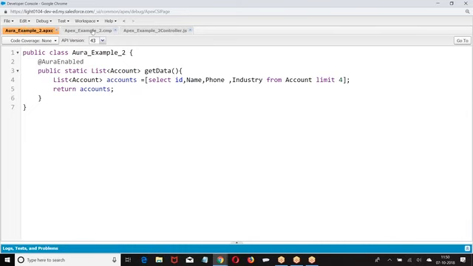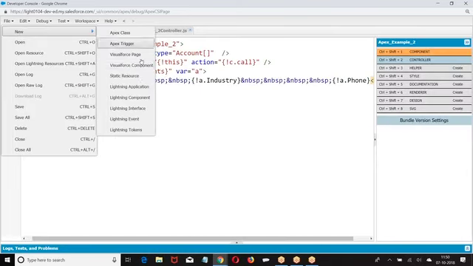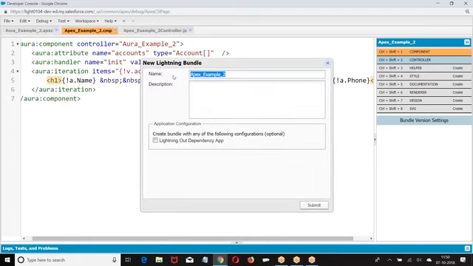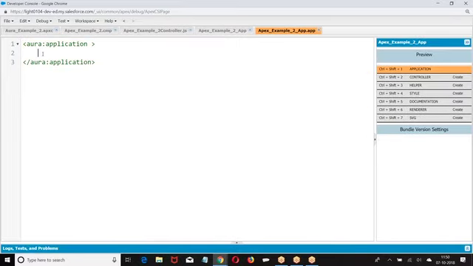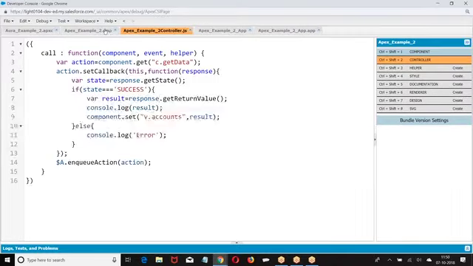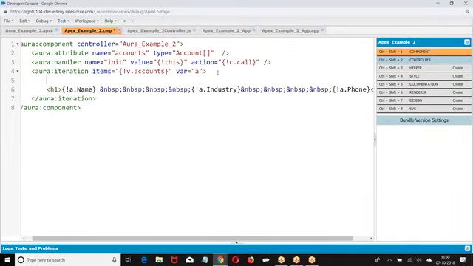Come back to the component, application. We have some data. We can still organize it.